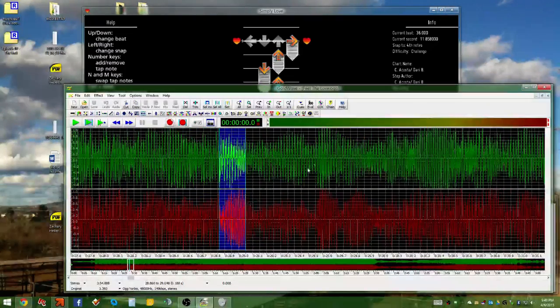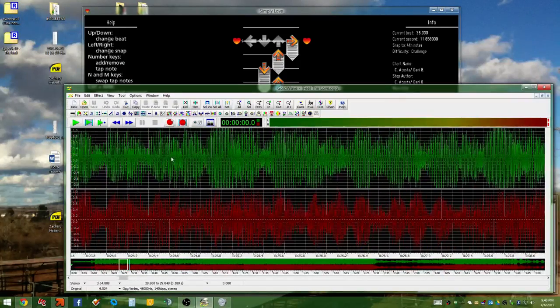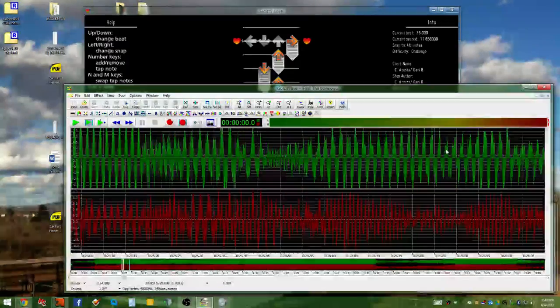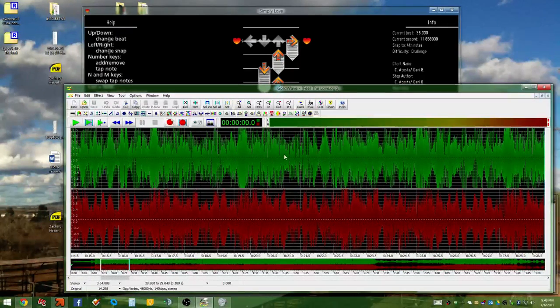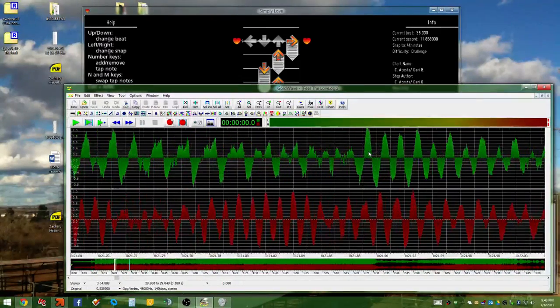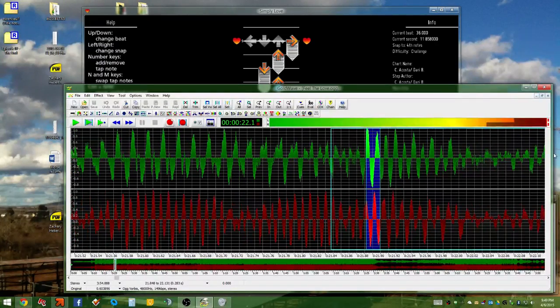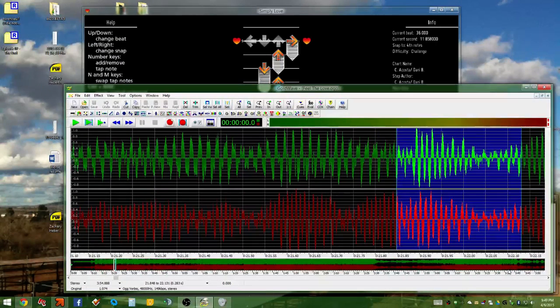Now looking at this, I'm having a hard time finding a good point. Alright, I'm going to actually listen in and try to listen to the song. I'm going to listen for any sharp drum sounds or any bass sounds. Oh, actually, just looking around, I found one. Let's go with this. So I'm going to listen in on this, and I'm going to listen to what kind of